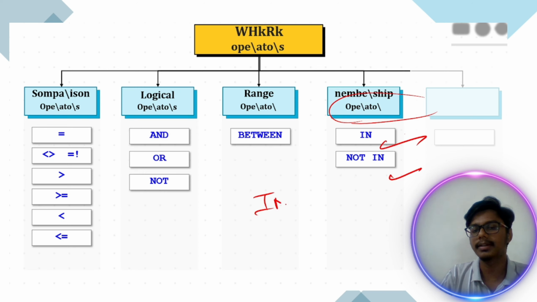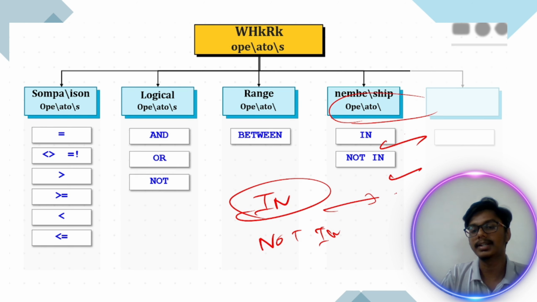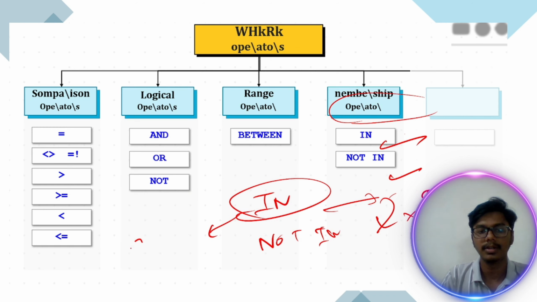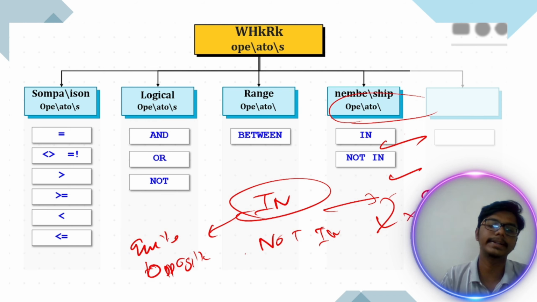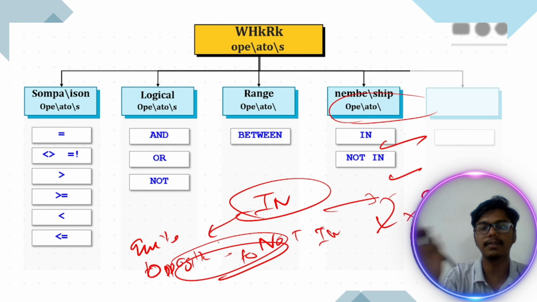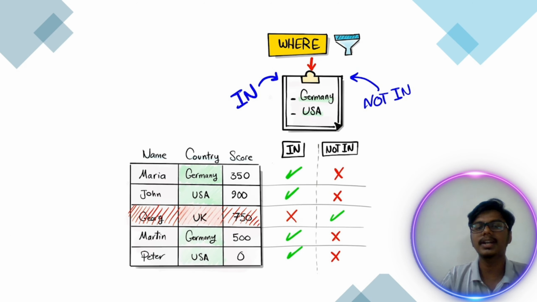What is meant by IN? What is meant by NOT IN? If we know the IN condition, NOT IN is quite the opposite. Let me write it down. It's not visible, right? NOT IN is quite the opposite of IN. These are the things we cover in this session. So let's get started, and again it's a story condition. I'm going to filter the data